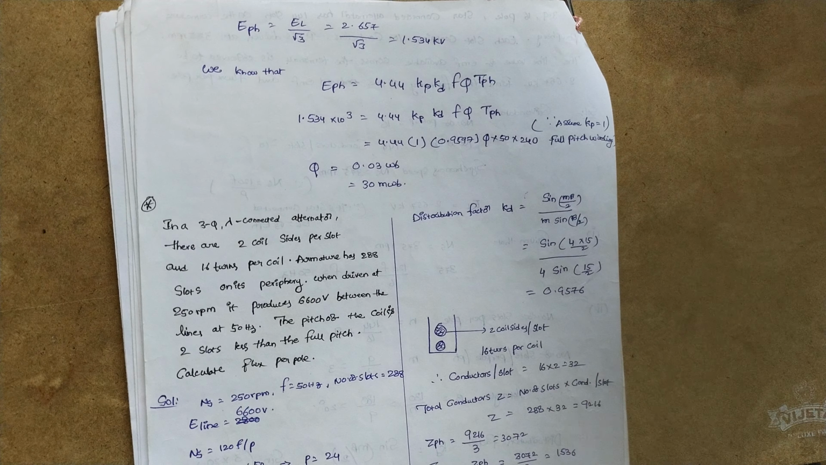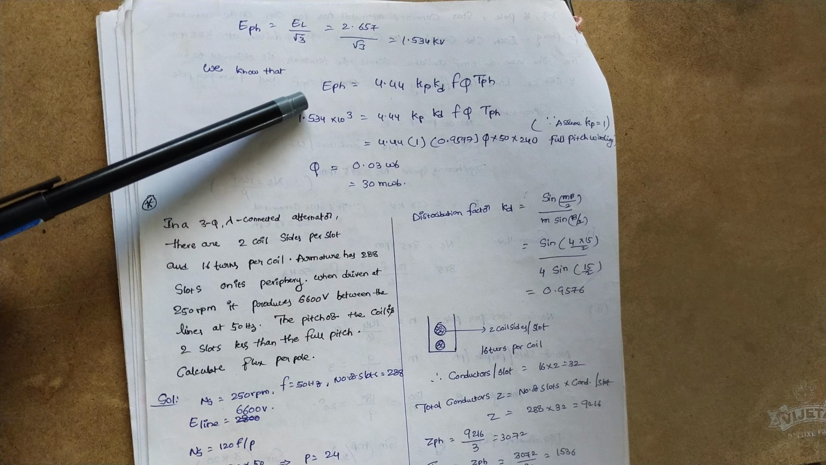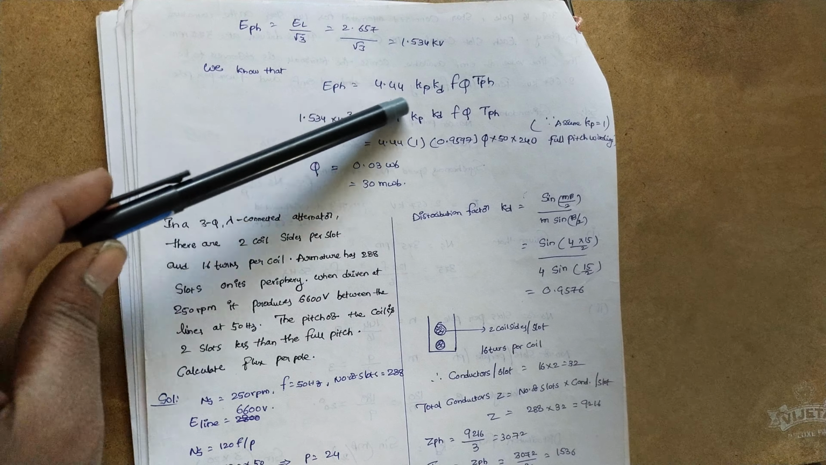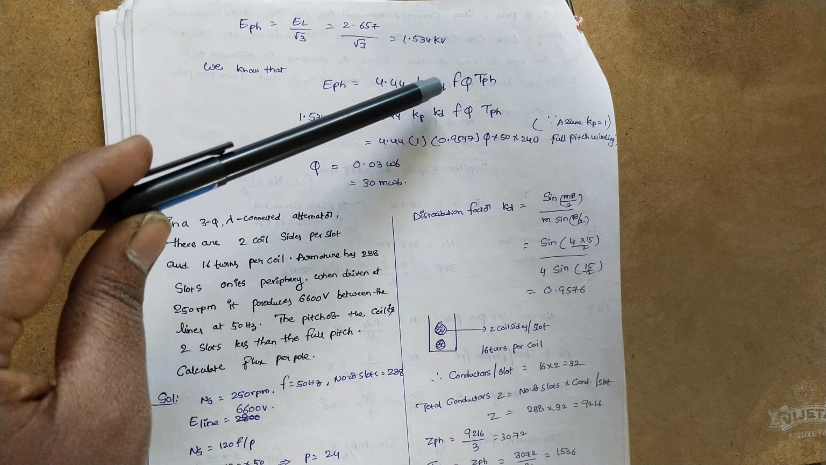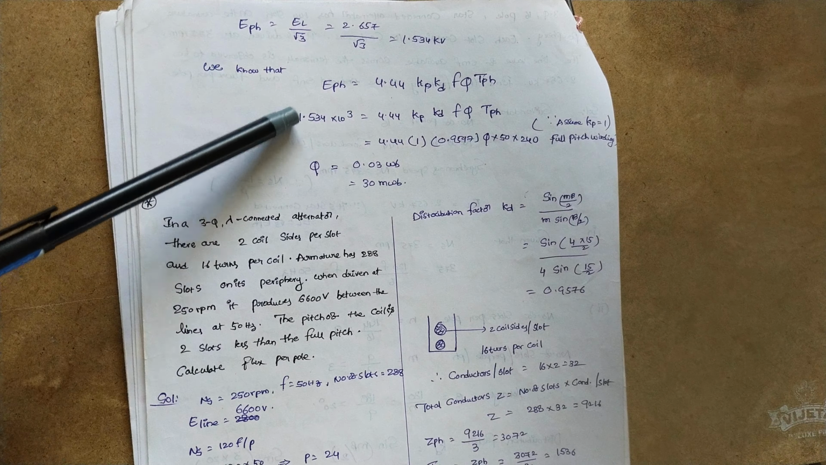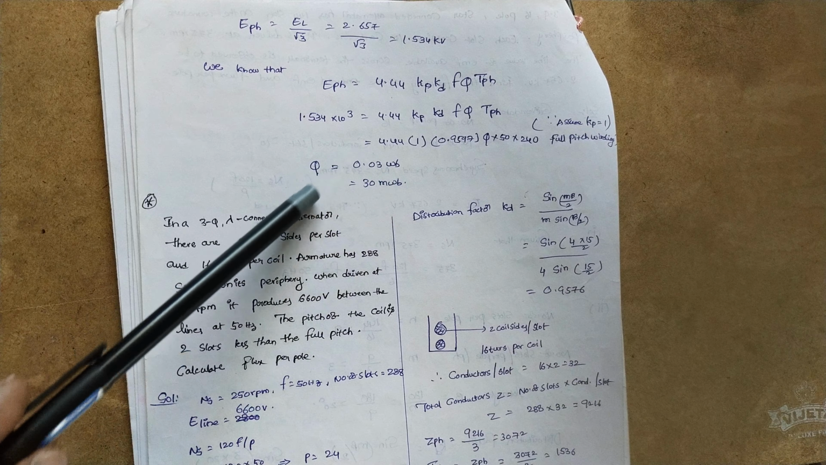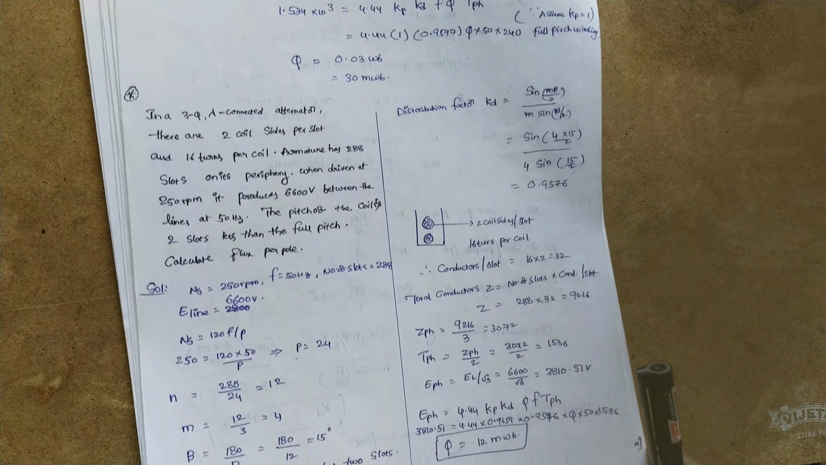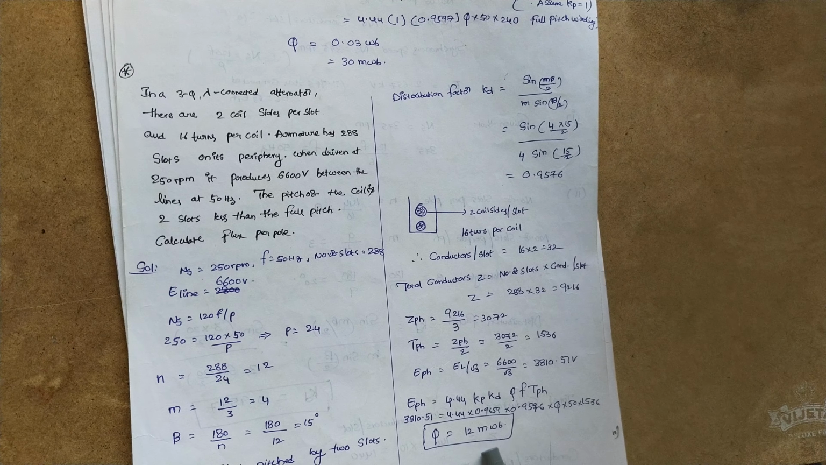Now E phase equal to EL by root 3, as it is star connected, we calculate. We know the EMF equation of alternator, E phase equal to 4.44 Kc Kd phi f T phase. If you substitute this, you will calculate phi as 30 milliweber. Similarly, another numerical problem, if you know the formulas of this, we can calculate phi, 12 milliweber we